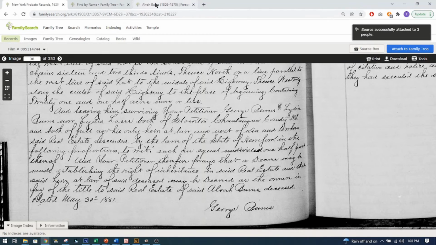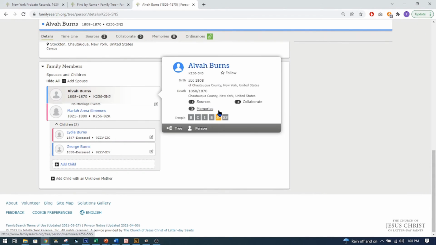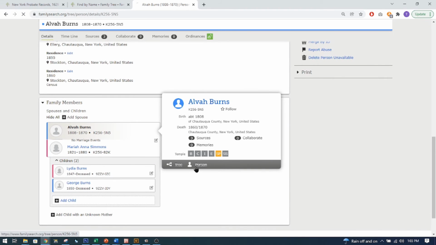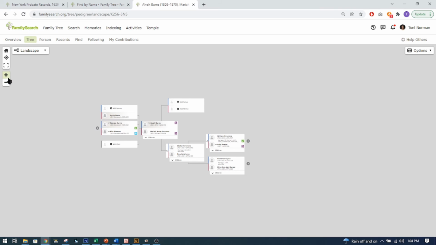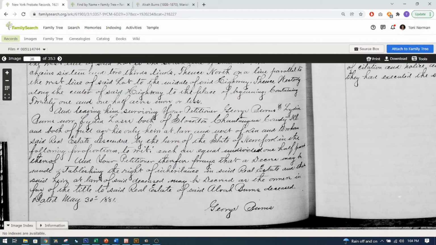Now, let's go and look. If this was your family, you found this. We're going to take George, and we're going to look at his tree. And we see George Burns. The son is married. We don't have more information on that. But here's Lydia Burns, and no spouse. I'm not going to type anything in there, but if this was your family, I would start looking